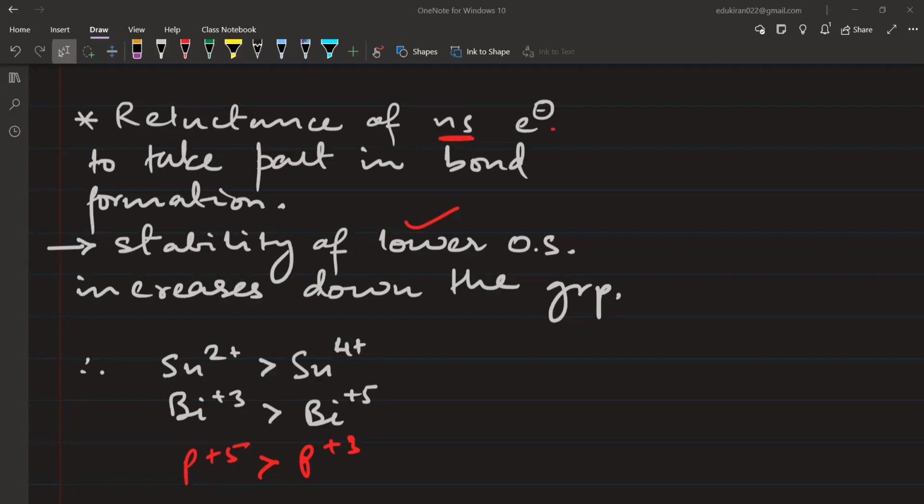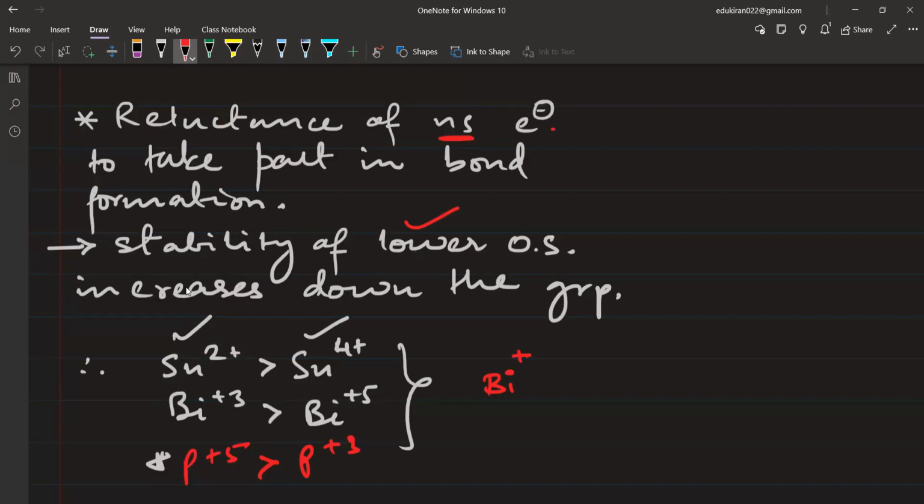So you have tin +2 and tin +4. In that case, tin +2 is going to be more stable than tin +4. Similarly, bismuth +3 will be more stable than bismuth +5. But if I talk about phosphorus, and since phosphorus is above, what will happen here? +5 is more stable than +3. What will be the consequence of this? The consequence will be that